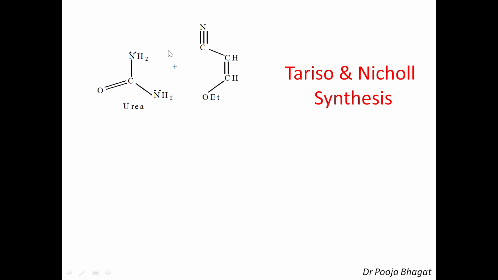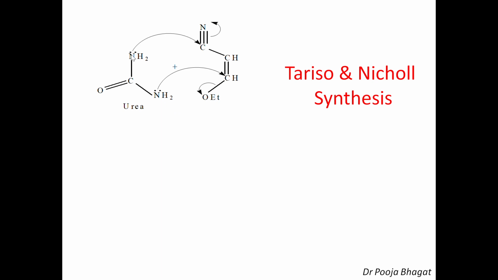Then we treat it with urea and its derivatives. So this is urea, and this is the compound which we have generated just now. How does the reaction take place? The lone pair of electrons will attack the carbon, and the ethoxide ion goes down, with nitrogen giving electrons, so there is a positive charge here. So it loses a proton, and the ethoxide ion leaves, so there is loss of ethanol.